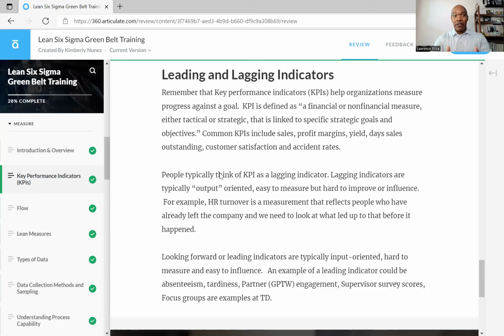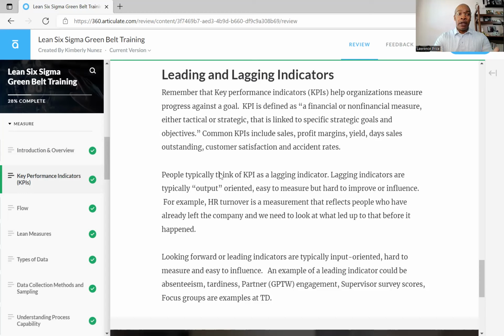A leading indicator is something that happens before the process or before the event occurs. So you have something that is happening inside the organization and it produces an output. That's what the lagging indicator is measuring. A leading indicator is something that you can measure before the event that will help predict what the lagging indicator is going to look like. So just sticking with the example of